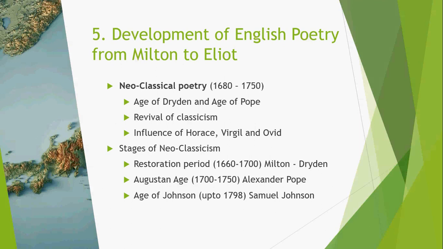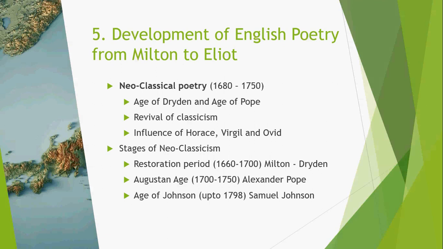The neoclassical writers were greatly influenced by the classical period, and they felt that they can produce good literature only if they imitate the classics. So imitation was a key word for the neoclassical writers. The neoclassical age is the age of Dryden, and it is the age of Pope. In fact, Samuel Johnson said that